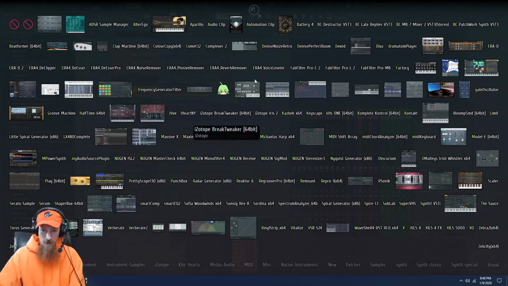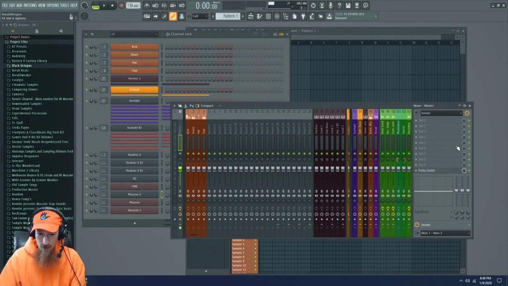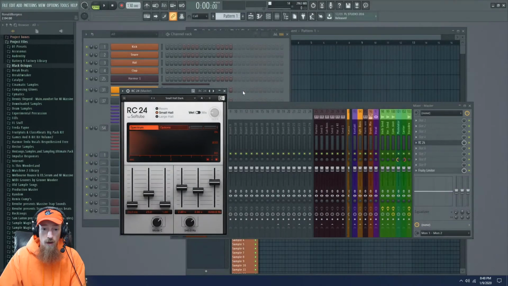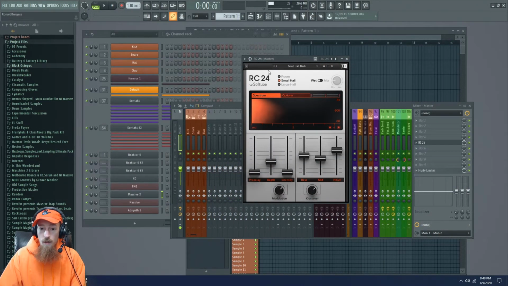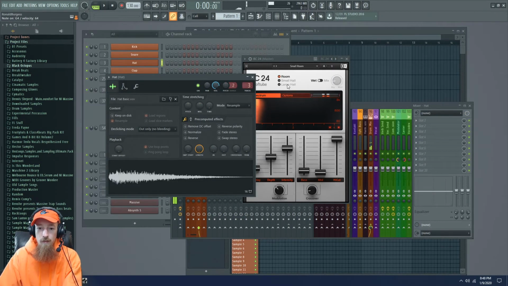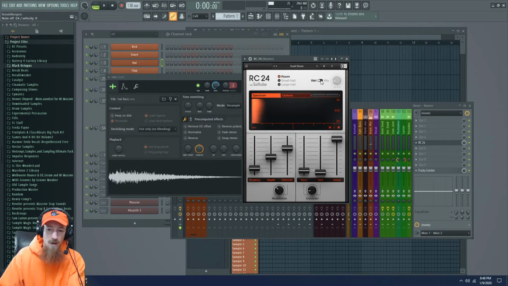Okay, so there's effects too. Let's go through some of the effects. I really like the reverbs. They're RC, they're made by Softtube, if I recall correctly. And yep, Softtube. I really like in here, they have a drum mix. These small space ones, I don't know what it is, but I really like them. Let's get a hi-hat. And they always start out with the mix off, it's 100% wet. I don't know why they do that, but